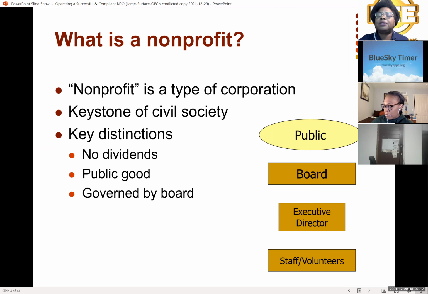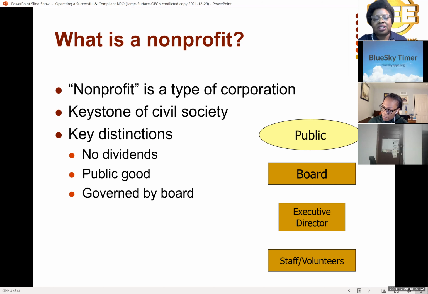And then because we think that's wonderful, we allow you to be exempt from corporate income taxes. That's why we call it nonprofit. So it's a misnomer to think that you're not going to pay any taxes or that it's free money. You're basically saying that you're going to do something on behalf of society, and as a reward, we say, okay, we're going to exempt you. You can use that money that you would have paid for corporate taxes towards your mission.